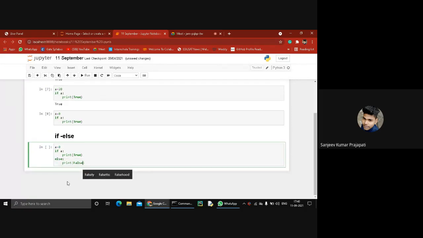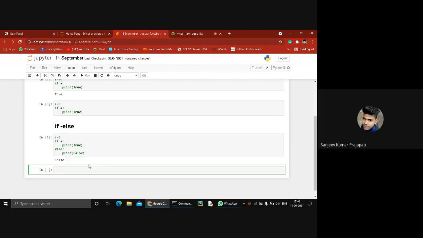So you see the first condition is a equal to 0, then you put it in the if statement. Then if the first condition is false, it goes to the next part, the else part, then it prints false. So I press shift enter, then we get false because the first statement is false.